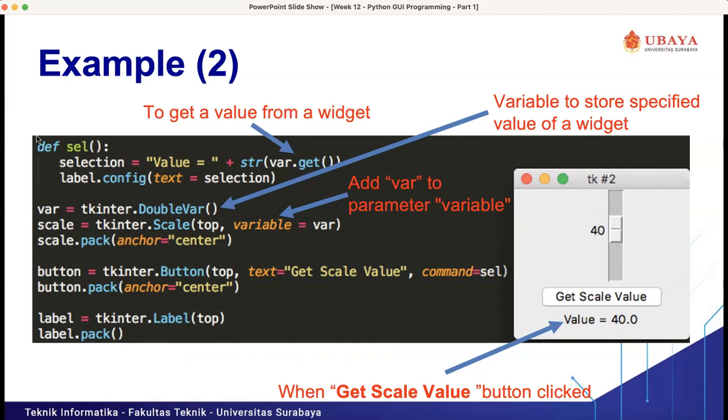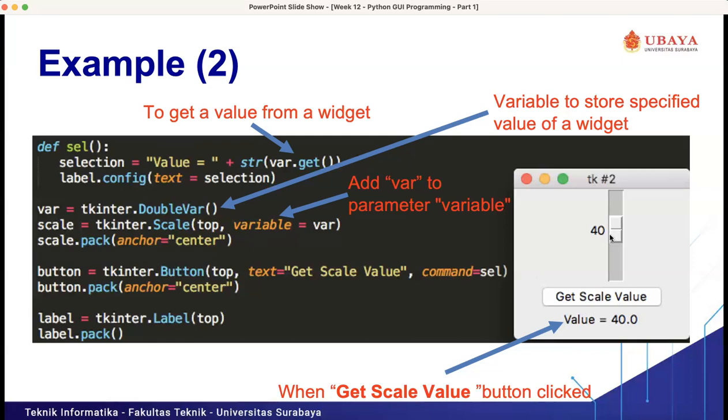This is the method that will be triggered if we press the get scale value button, right? Var equal tkinter double var, so it holds the double, or float, values. And the scale is the widget: scale equal tkinter dot scale, placed on the top main window, with variable equal var.